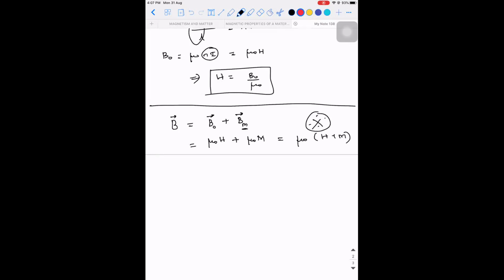So what is it that we have written? Magnetic induction is equal to, in fact, if you want me to be more specific, you can put an arrow mark. If you don't want to write it in terms of arrow mark, you can write it as H plus M. This is very, very important, and you need to make a note of it. Where mu naught into H is what? H is input or output? This is input, and this is the output.